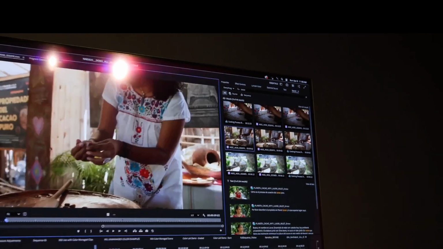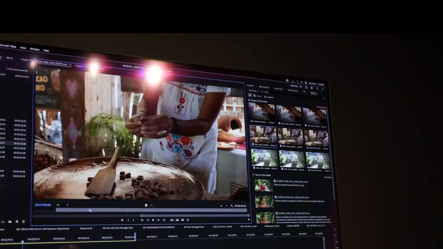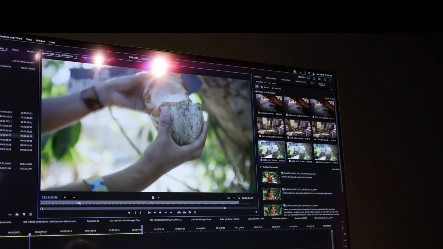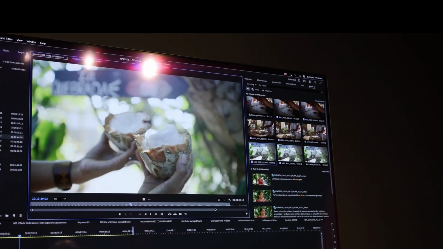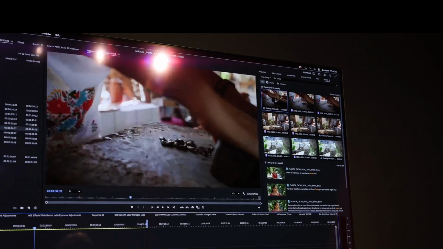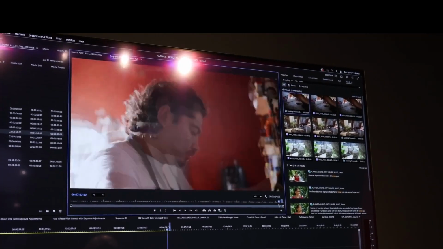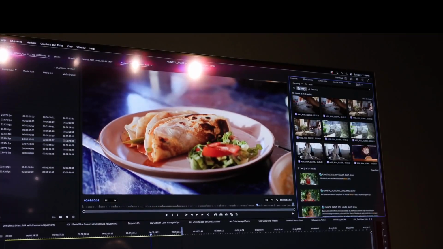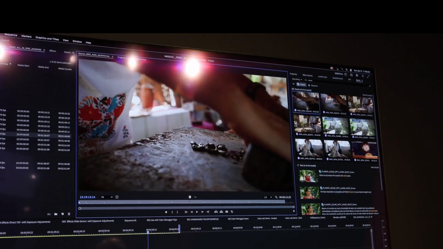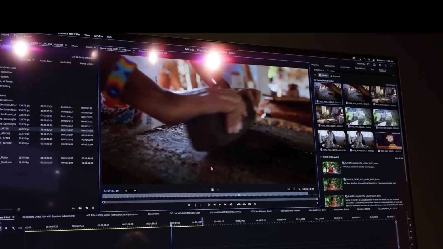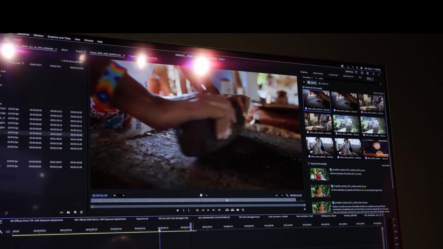We have cacao being prepared and laid out. And we have the raw cacao plant being opened up. And again, when I click on that, the really special thing here is, if I click on this clip, Premiere Pro automatically set the in and the out point. I can search within my sequence or within my source. So if I want to find that clip right here, I can say, okay, here's my total in and out point for finding the cacao nibs, and I can go ahead and drag and drop that into my clip,